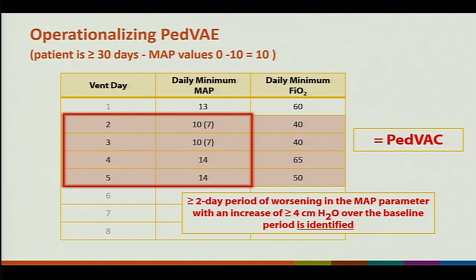In this case, we do. So when the values are 10, the increase must be at least, if the values are between 0 and 10, the increase over that, whatever those numbers are, they can be 3, 4, 5, 6. The increase has to be at least 14 so that you get the 4 centimeter increase.